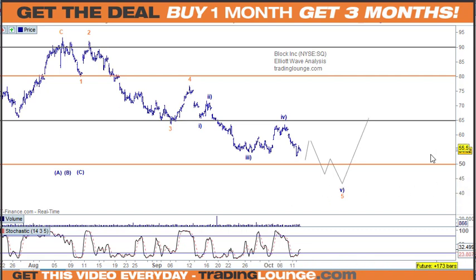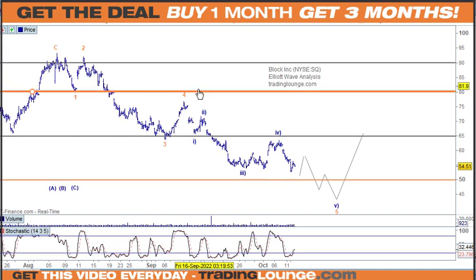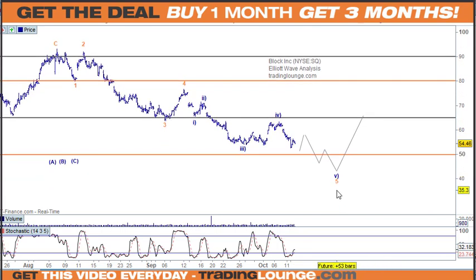It won't leave this number too much here. I don't particularly like shorting into big numbers like this, and 5 is the second strongest number. You can see that this never landed on 5 here, so you know that there's strength in this number somewhere. But anyway, that's where it all is at that point. So pretty much like the rest of the markets, we've got 5 waves coming down, and we're going to be coming back to the 50-60%, and then we're going to be going down again. So we could probably look at this as being another wave 1 here and 2 here, and then down at that point.